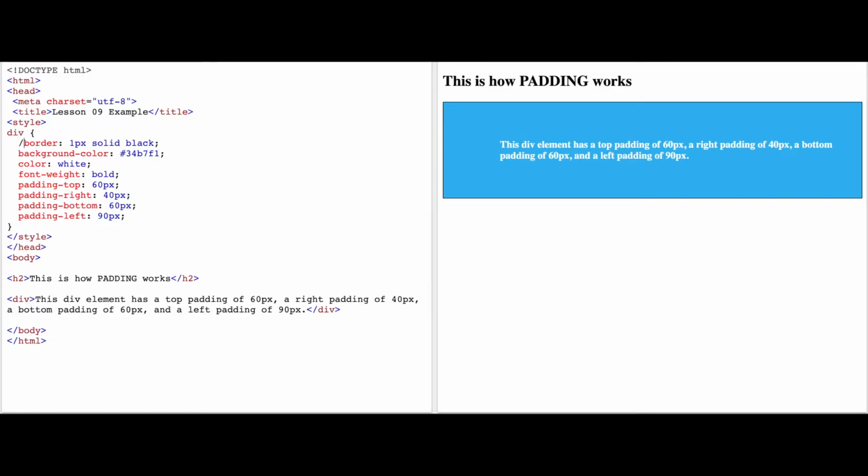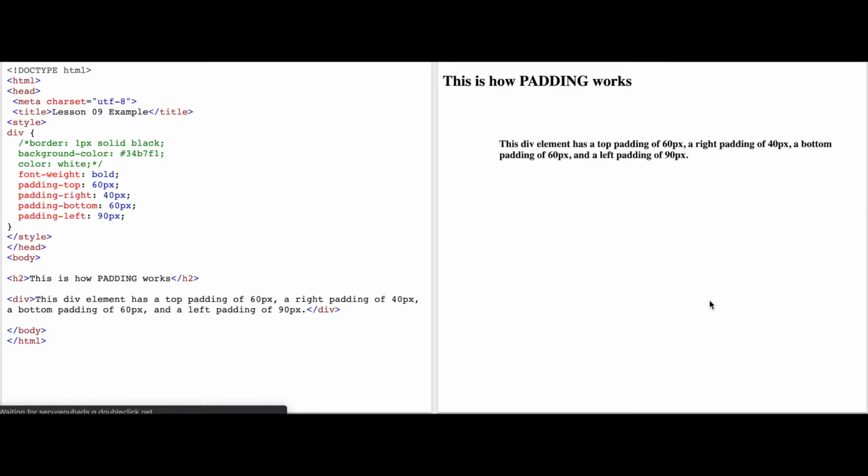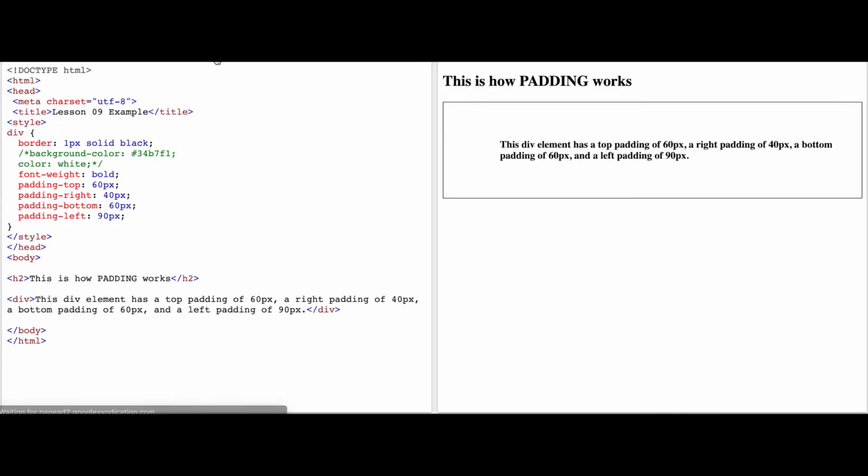Now I'm going to comment that out. I'm also going to comment out the color white, because once I remove the background you won't be able to see that. So this is what we've kind of been dealing with so far. We have a div here. Now by styling this border around here, we can see that